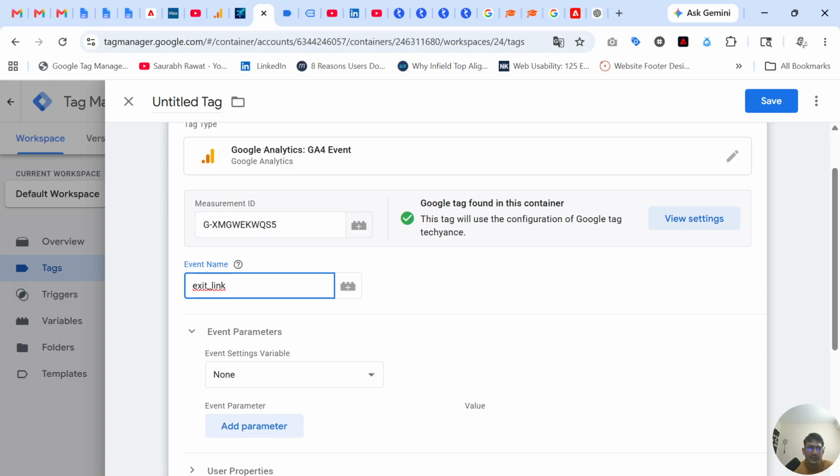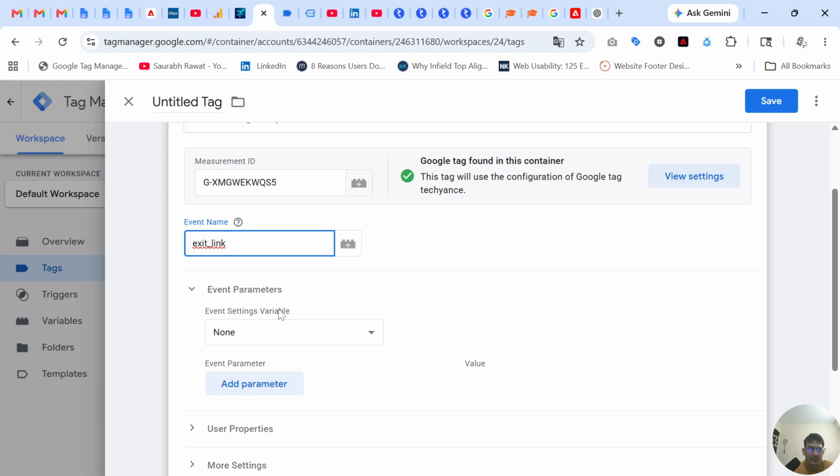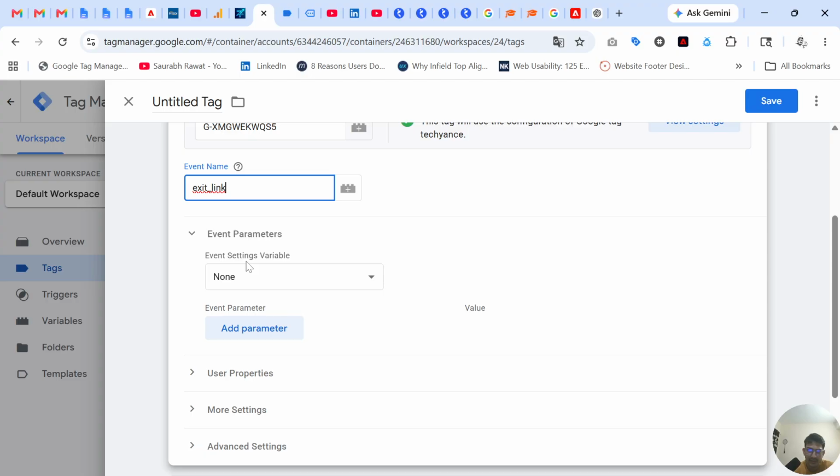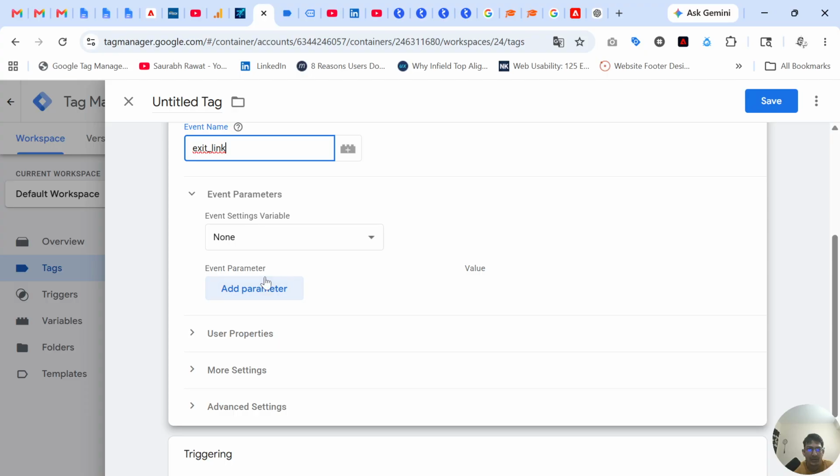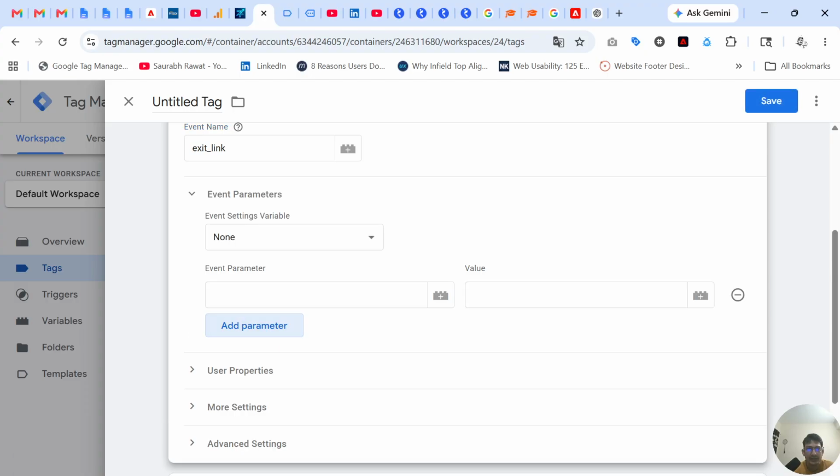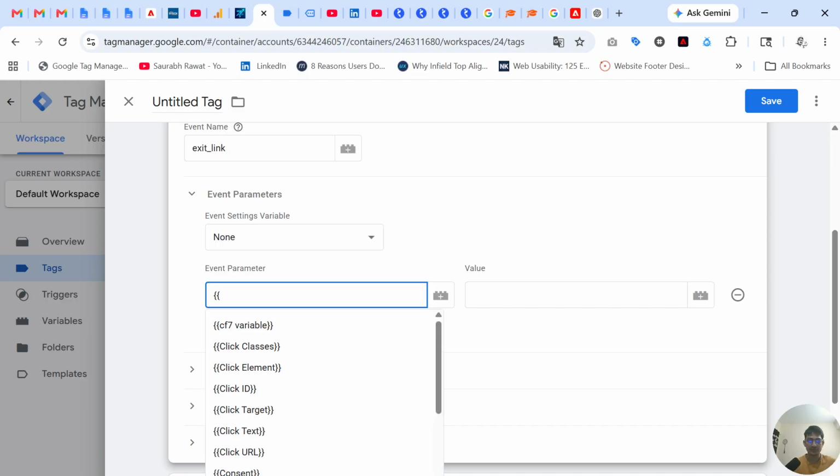We don't use any space, so you have to use hyphen or underscore. And then click here to add a variable. What else do you want to capture with your outbound links? I want to capture the URL where they clicked. So click,